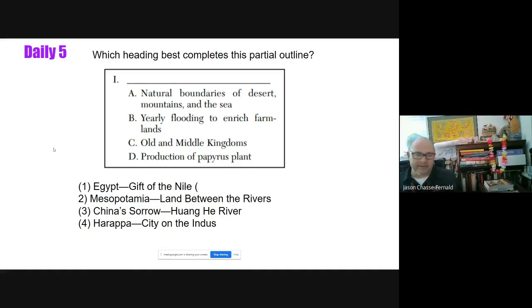The Huanghe River and the Yangtze River, these are the major river valleys in Chinese history. Where's Harappa, the Indus River? Where is that? I often ask, what modern day country is it? Don't say India. So we run through those and where they are. I ask which one is the oldest example of a civilization of these 4, because these are the river valley civilizations. So which one is the oldest? We go through that in class.